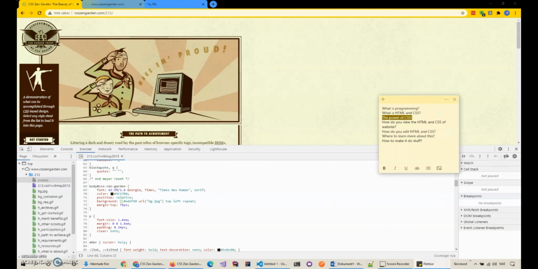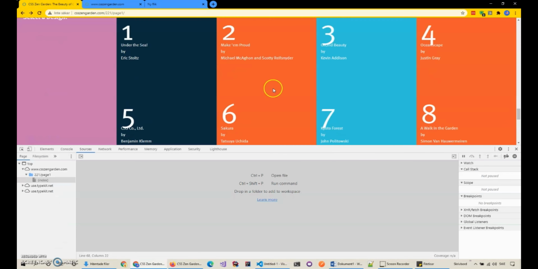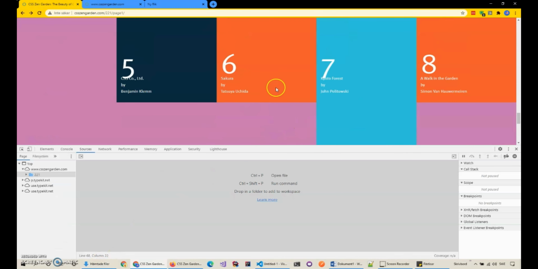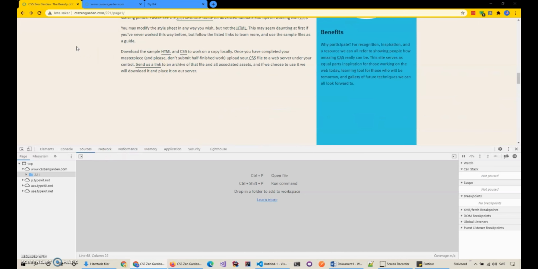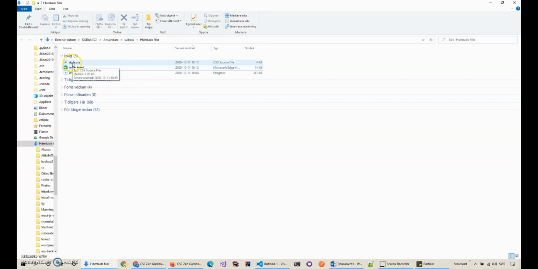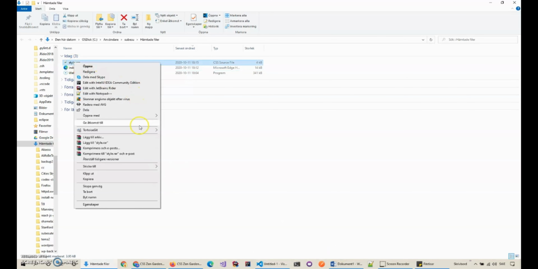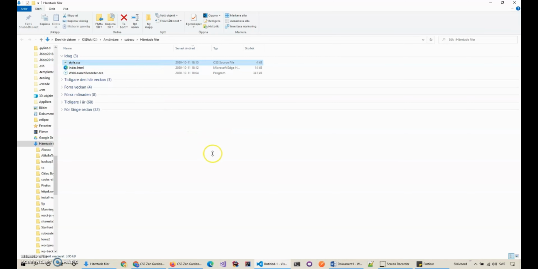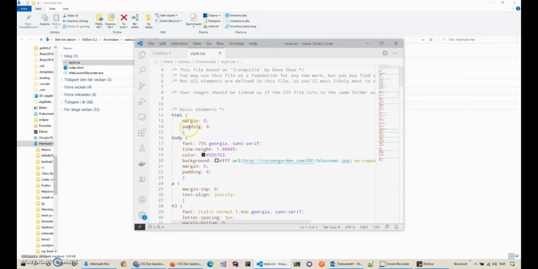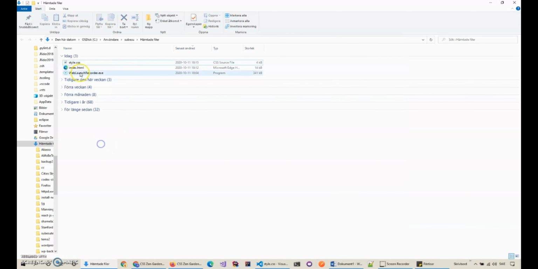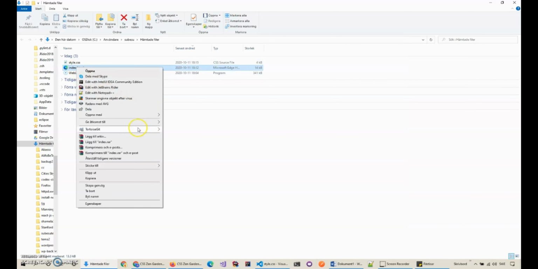And how do you edit it? Here you can press Ctrl S on your keyboard and you will save it, and then you can edit using a code editor like VS Code. And you can have your local copy and edit it.